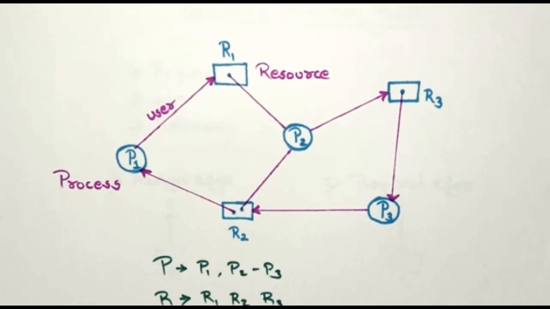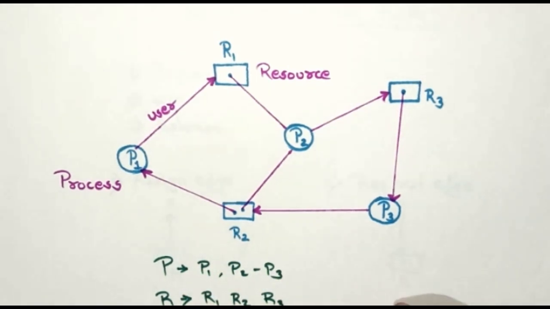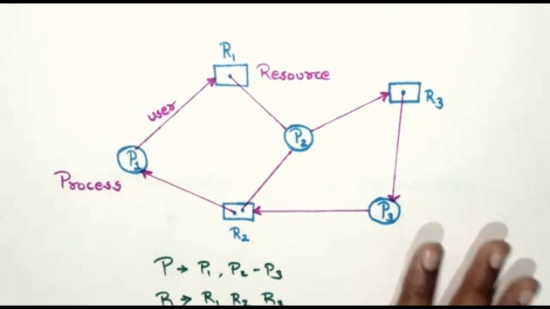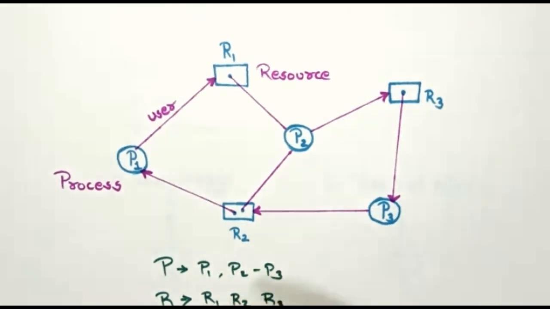If a resource allocation graph does not contain a cycle, then there is no possibility of deadlock. If a resource allocation graph contains a cycle, then there is a deadlock in some cases. In a resource allocation graph, if there is a single instance, that is SI, and a circular wait, that is CW, then there is always a deadlock. If there are multiple instances, that is MI, then in some cases deadlock will occur and in some cases deadlock will not occur.